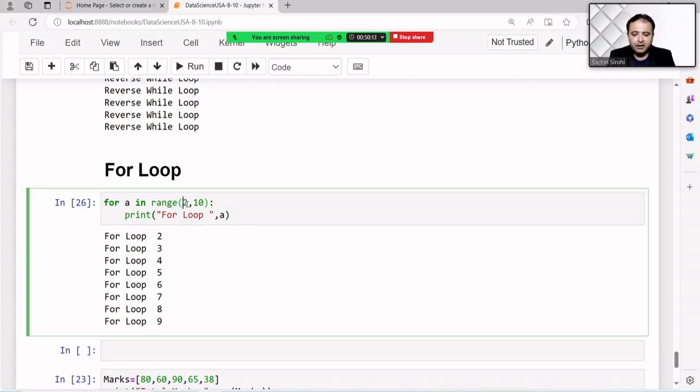So it will take the first one, first store 2, then print it, and it will automatically increase one by one. Then it will store 3, then 4. That is the internal working of this.